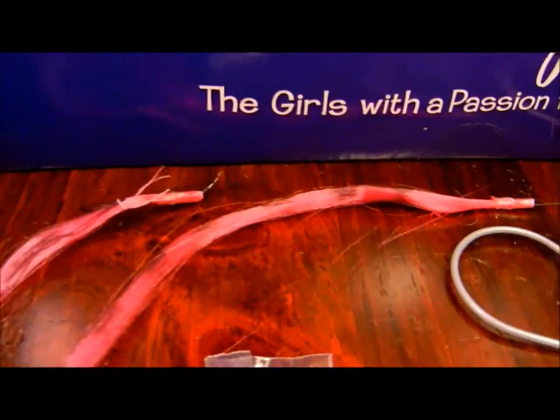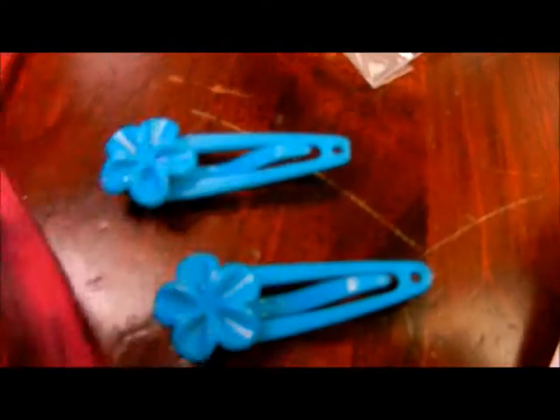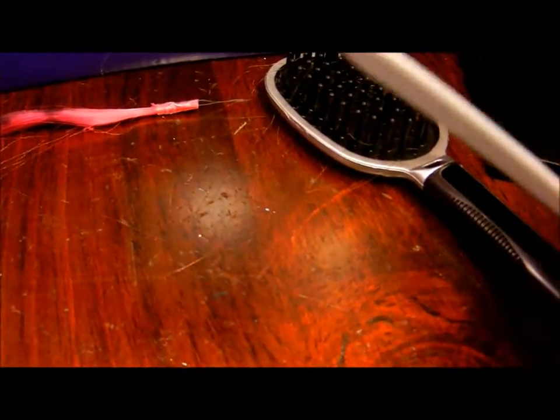2 faux feather hair extensions, and each girl has a different color, although Yasmine and Jade, I'm pretty sure those are the same, like there's really no difference in the shade of pink. And Sasha has blue and Chloe has purple. And a little bag with 10 hair elastics, which everyone knows come in great handy. 2 hair clips for you to attach the extensions to, and 2 hair clips for the doll to attach the extensions to. Of course, the Topsy Tail like hair tool,